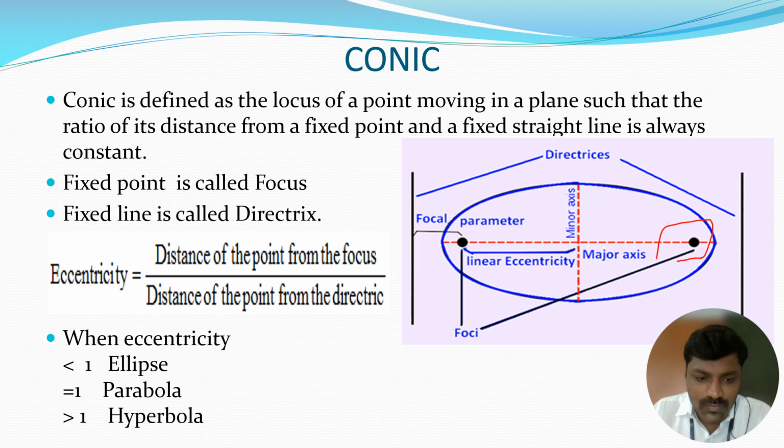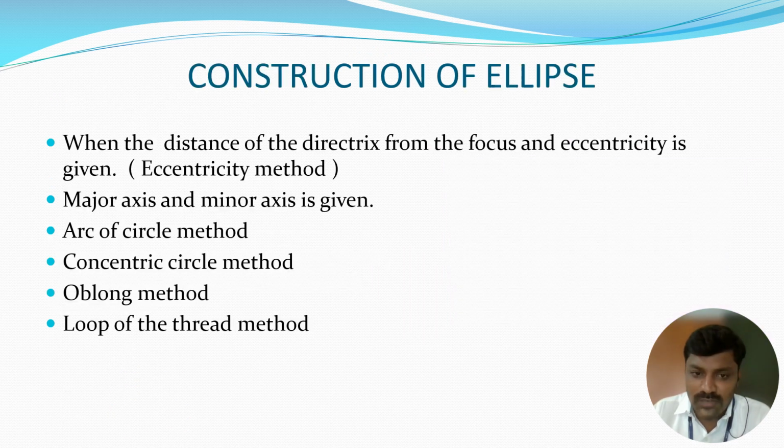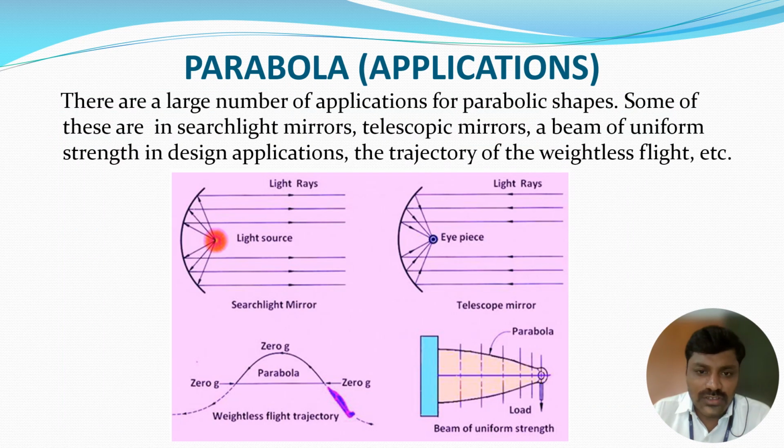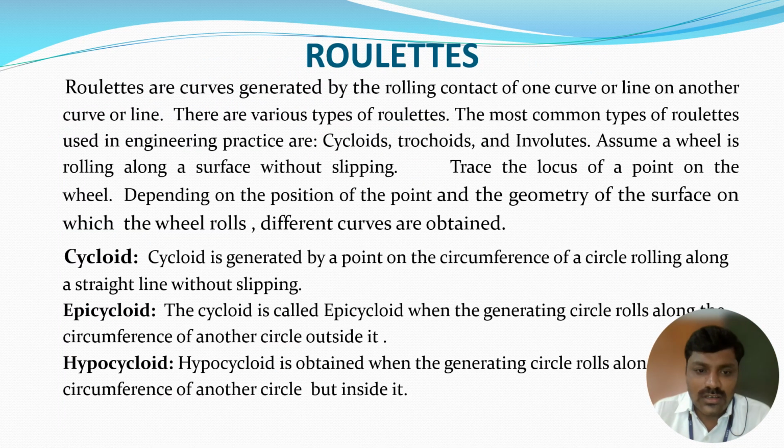What is meant by eccentricity? Eccentricity is the ratio of the distance of the point on the locus from the focus to the distance of the point from the directrix. When the eccentricity value is less than 1, it is called an ellipse. When it is equal to 1, it is called a parabola. When it is greater than 1, it is called a hyperbola. These constructions can be seen in